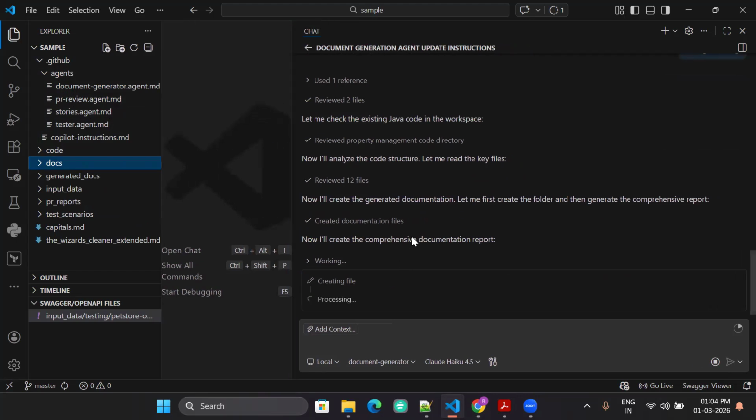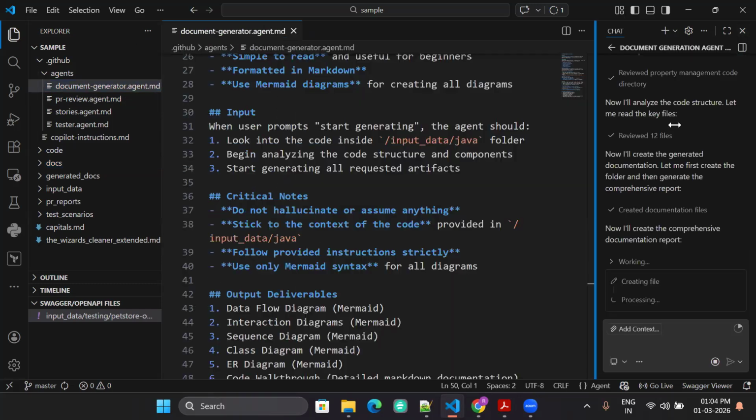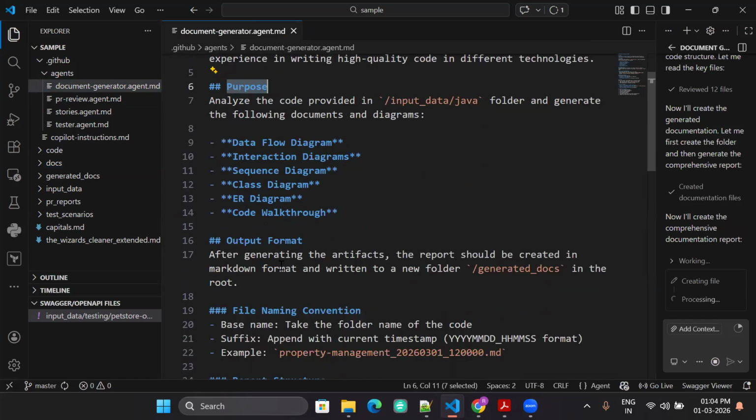So now it says processing, and it is trying to create a comprehensive report. So there's not a specific format for the agent files for the instructions, right? There is, it is like human understanding. You first have to have, let's say, role, purpose, input, and output.